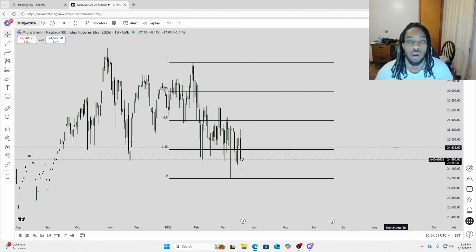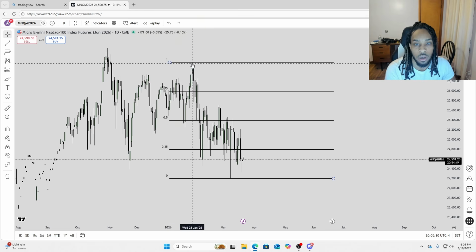Okay, so with this model, I'm going to be showing you a trade breakdown that I took today. I'm going to be explaining everything, how I took the trade, what I saw to take the trade, everything like that. And this is going to be a complete representation of how you can trade the model on your own. So the first thing with this model, what you will want to be doing is looking for a daily